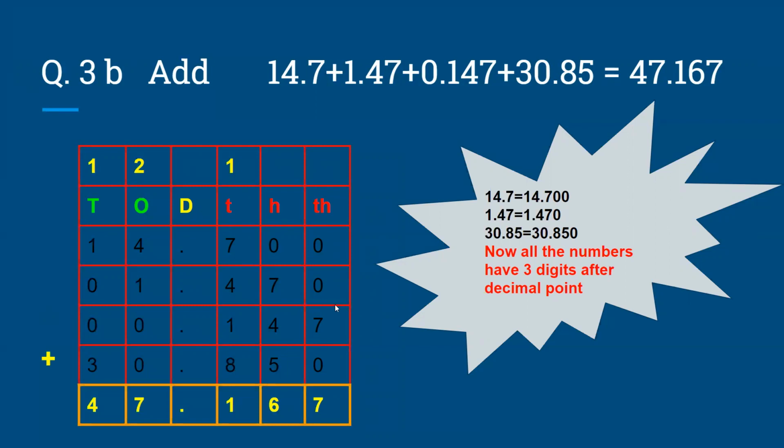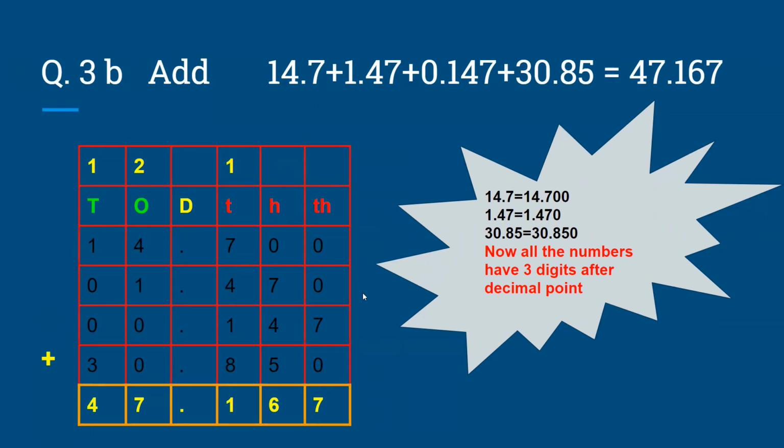When we will add tens, it's only 7. So we will write 7. Now we will add 100. 7 plus 4, 11 plus 5, 16. 6 we will write, 6 is the 100 and 1 is 10. Now add 10, 7 plus 1, 8, 8 plus 4, 12, 12 plus 1, 13, 13 plus 8, 21. 1 is 10 and 2 is ones. It is carried to the ones. Now add the ones, 2 plus 6, 2 plus 4, 6 plus 1, 7. Now add 10, 3 plus 1, 4.